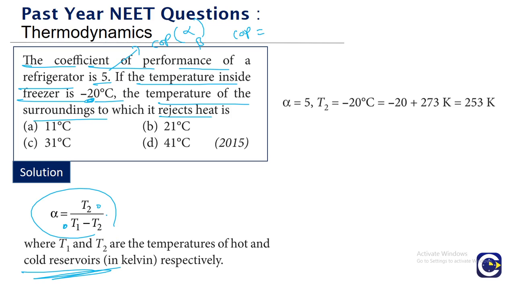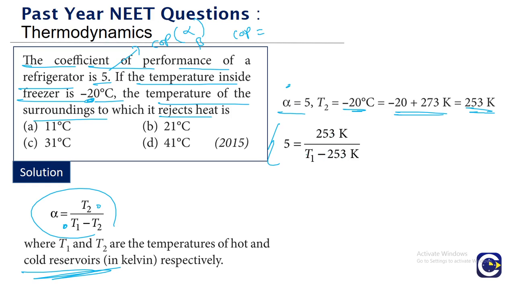They are giving us alpha, the coefficient of performance, which is 5, and the low temperature T2 as -20, which we have to convert into Kelvin by adding 273, so it will be 253. From here we have to find the T1 value. The formula is alpha equals T2 by T1 minus T2. This is more like a mathematical simplification. So alpha is equal to 5, with the numerator T2 being 253, divided by the denominator, which is